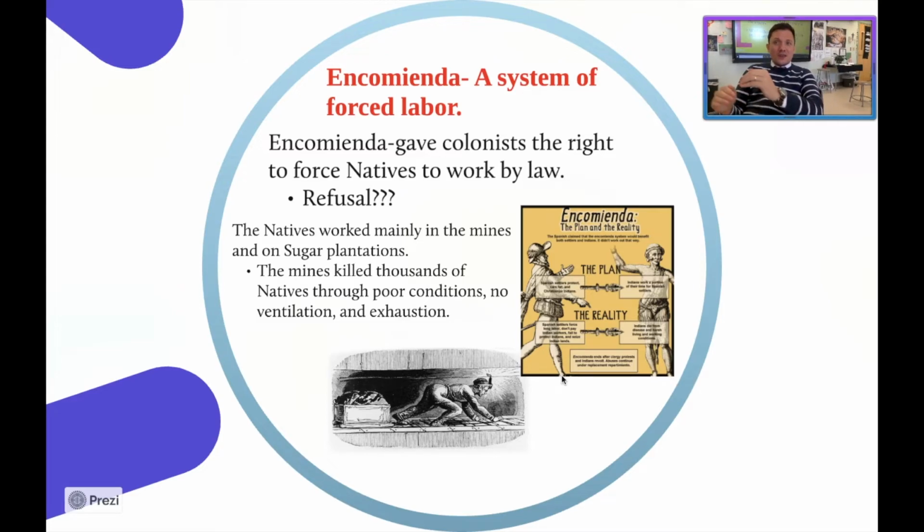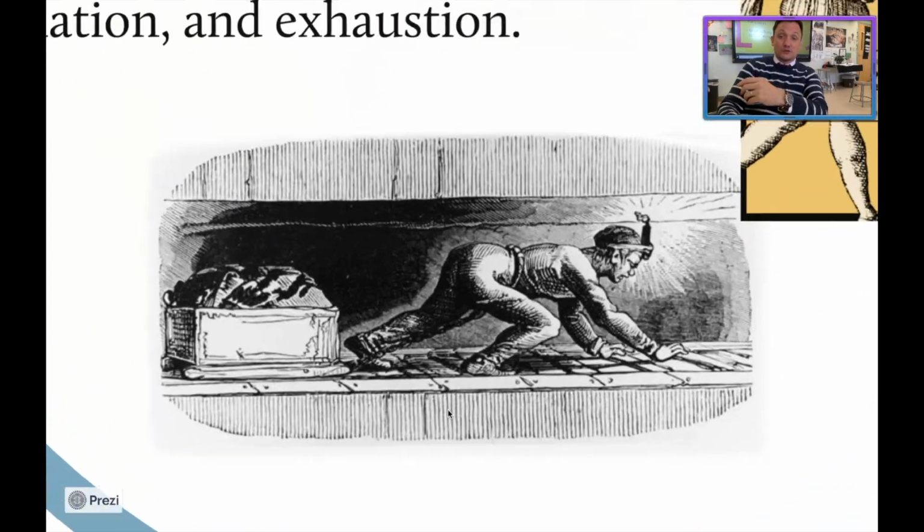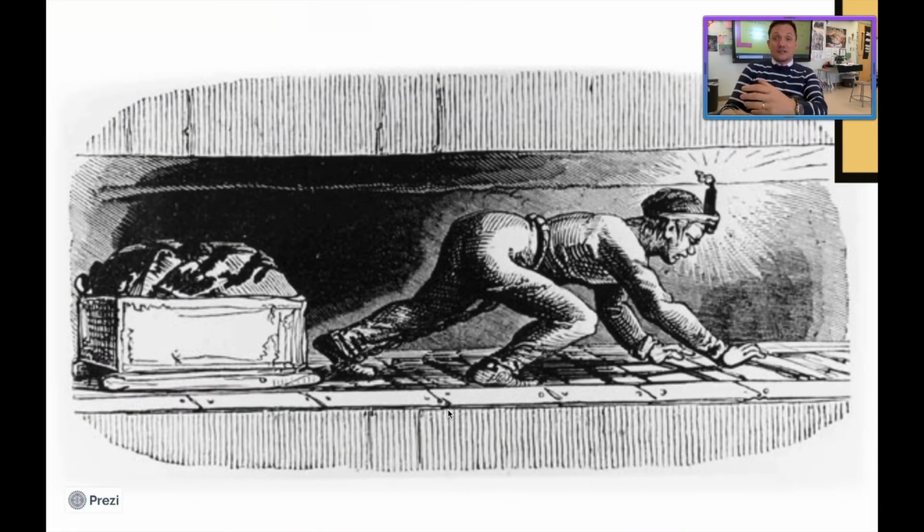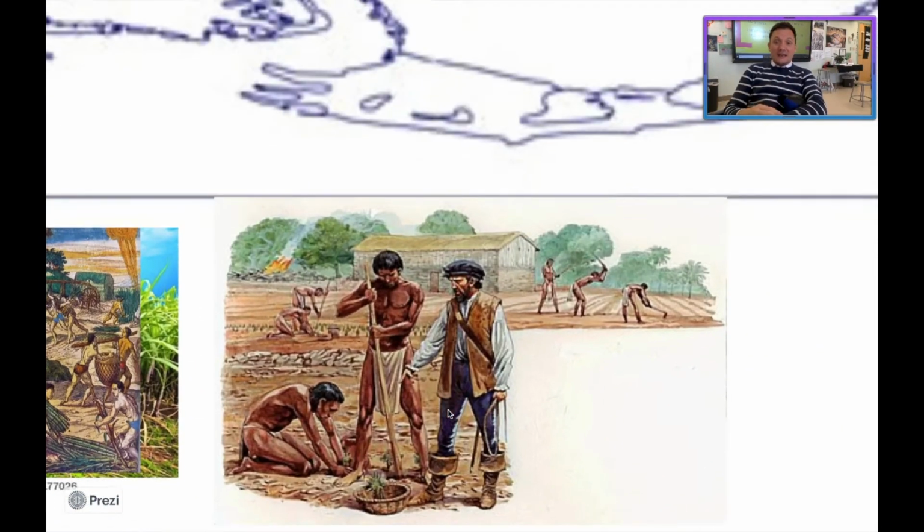And also, the mines were especially used for children. Native children were heavily used to work in the mines in these areas because they were very small and could get into small holes and drag large carts or open ventilation windows to try and vent out dangerous gas in these mines. So as you can see, the Encomienda system is absolutely horrid and led to the death